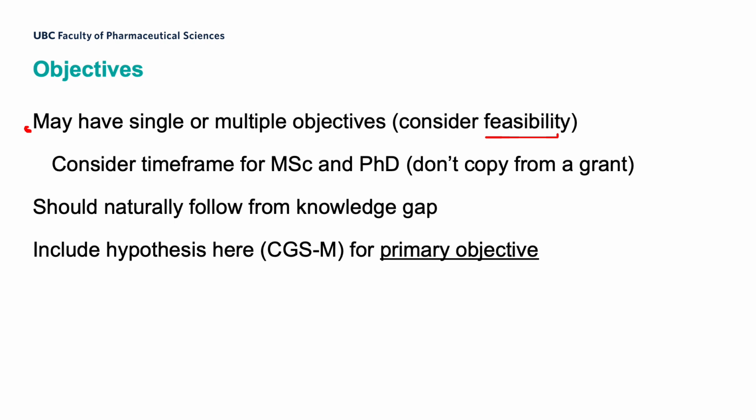So I really recommend, oftentimes when we're writing mini research proposals, it's embedded within, say, your supervisor's project. And that's of course totally valid, but what I recommend is don't just copy the objectives from a larger grant that your supervisor has applied for or was successful with, because generally grants are much larger projects in which your smaller project is embedded. So I really recommend having a discussion with your supervisor or with your peers who have used some of these techniques or data sources before. Really make sure you've got a feasible number of objectives and that the techniques involved in those objectives are feasible for an MSc